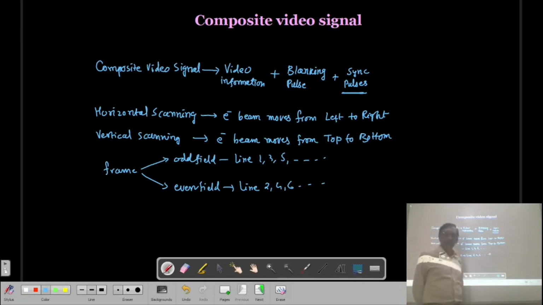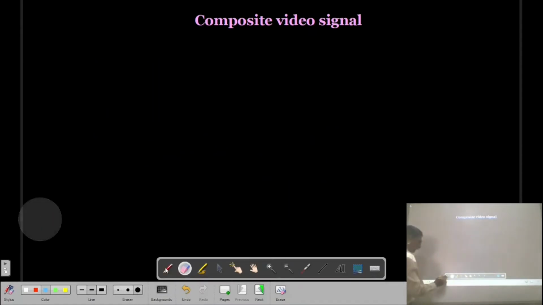For the scanning we require a sweep signal, because the electron beam has to move from left to right, and for that we require the sweep voltage or the sweep current. The frequency of the sweep current or voltage is 15,625 hertz. Now, if we are talking about horizontal scanning,